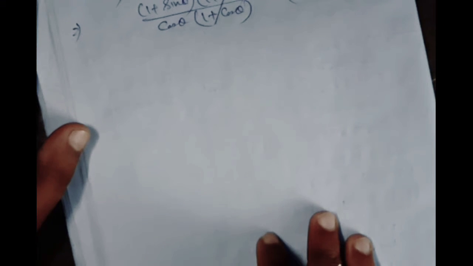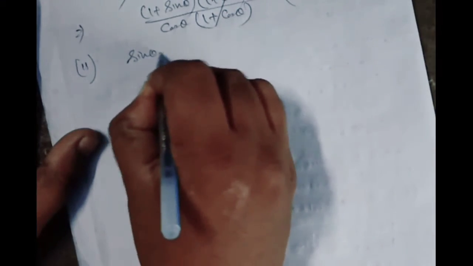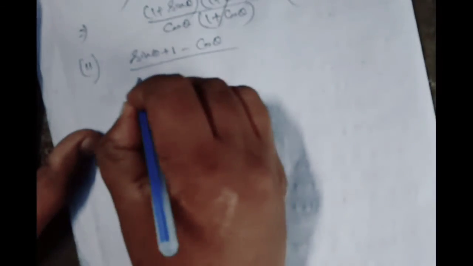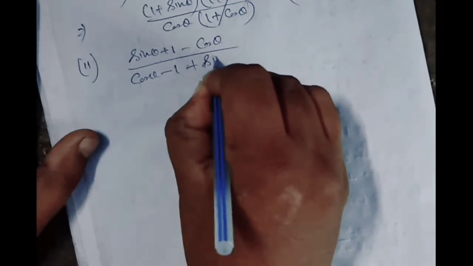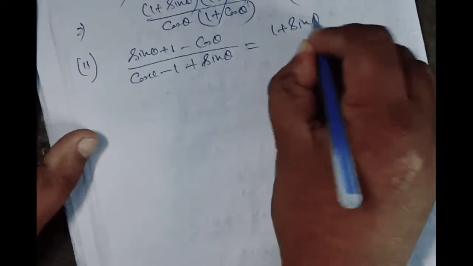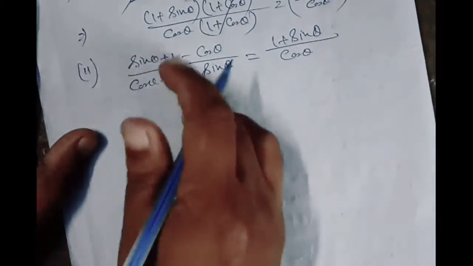2 is quite similar. Question number 2, I am writing: (sin theta plus 1 minus cos theta) by (cos theta minus 1 plus sin theta) is equal to (1 plus sin theta) by cos theta. We have to show that. So here, again